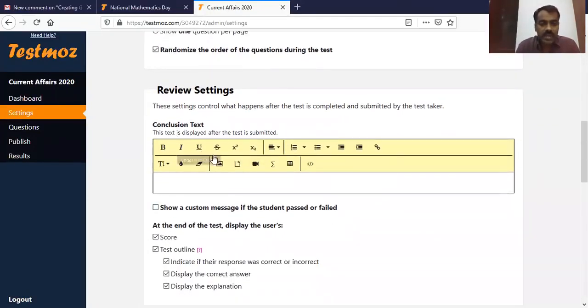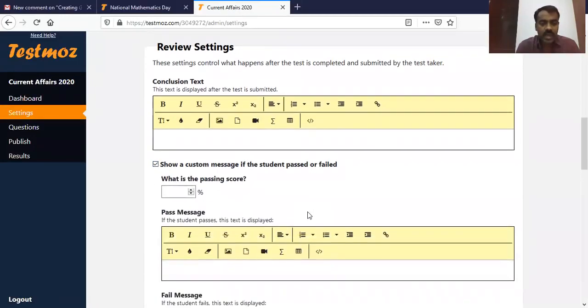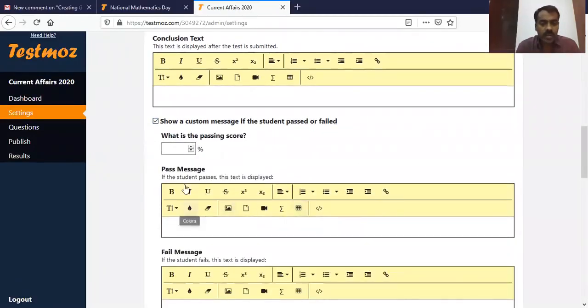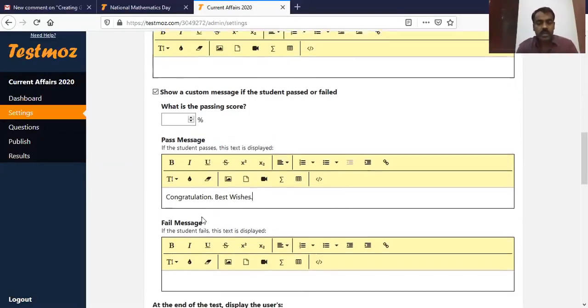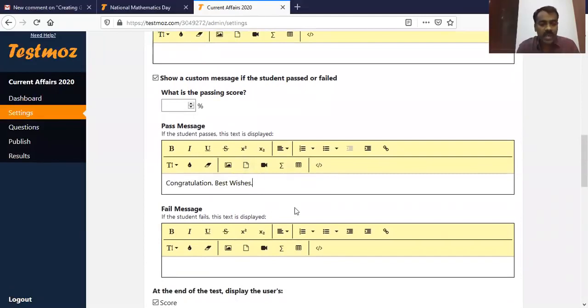Then review settings. Here, show a custom message if the student passed or failed. If I click this, it will have 2 boxes. For pass students, we can say congratulations, best wishes. This message will be displayed to all the students who pass the exam.